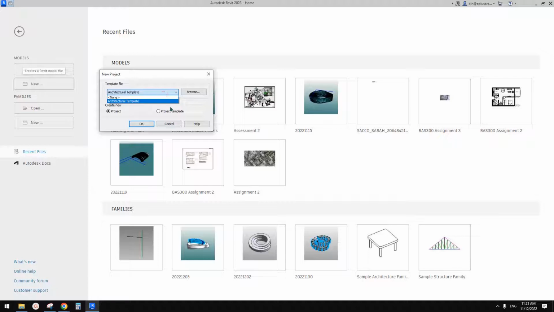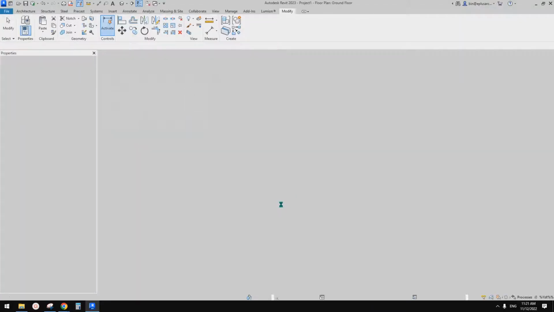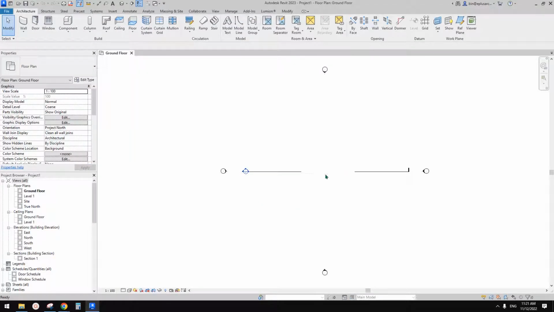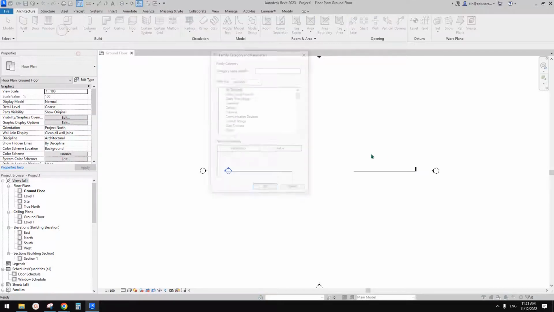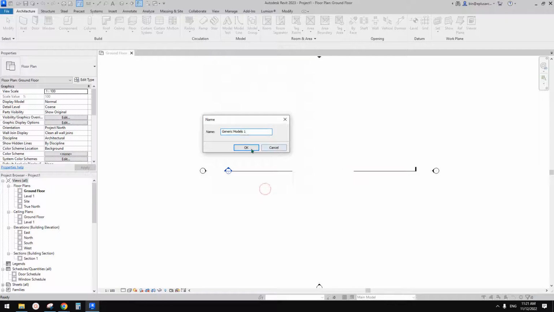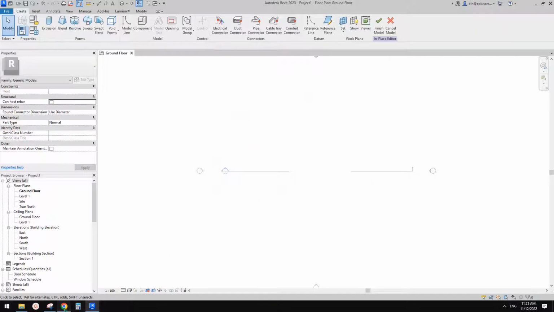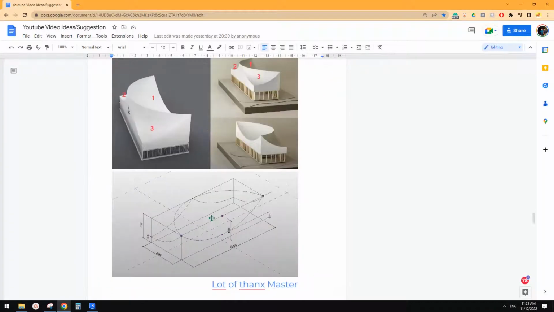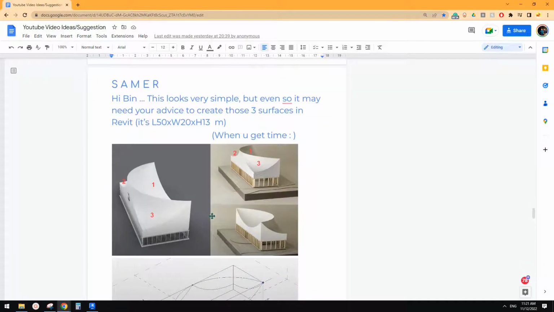So what I'm going to do is create a, this is a project. I'm going to use model in place. Okay, model in place, and I'll choose generic model and okay. So now what we need to do is, because we want this one to be a perfect arc, and we know that when we use Revolve, so if you think about this, we just need to create,